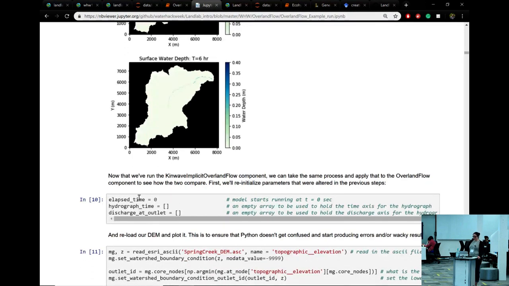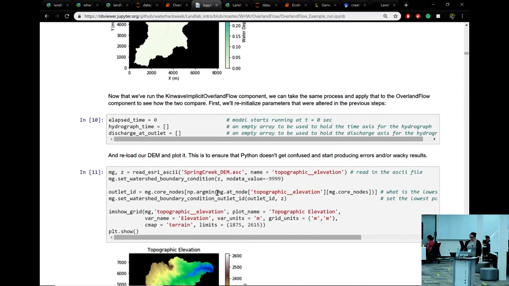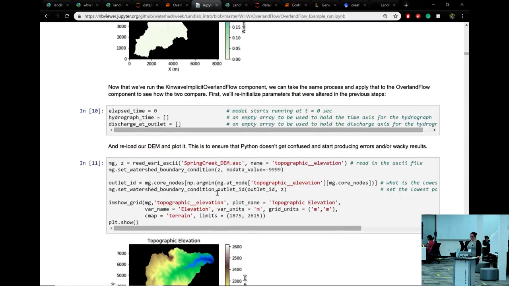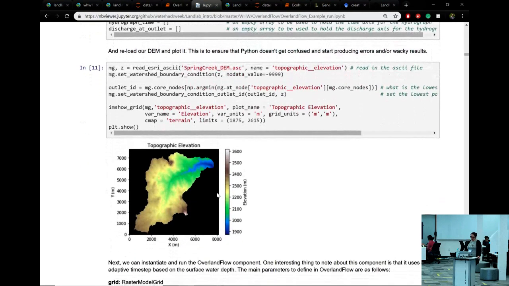So if we reinstantiate our elapsed time, make it 0, and then zero out our arrays from earlier, our lists from earlier, we can reload our DEM and plot it and make sure that we don't have anything that's crazy. It looks the same,